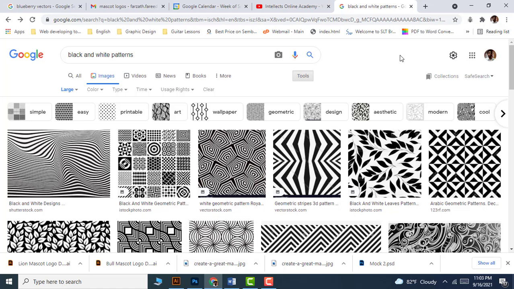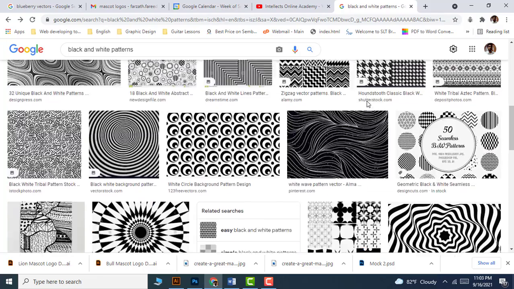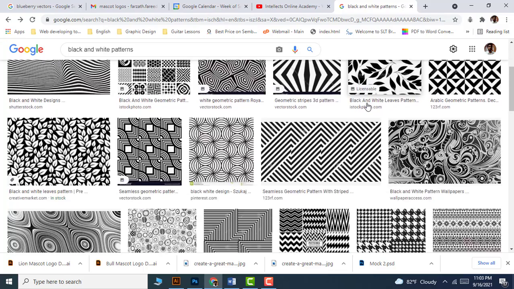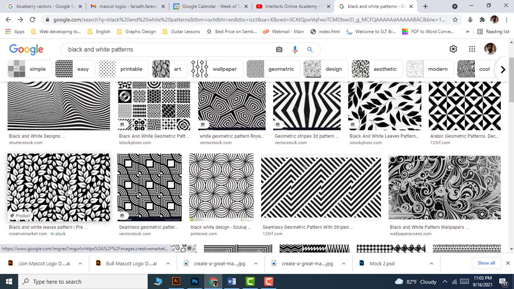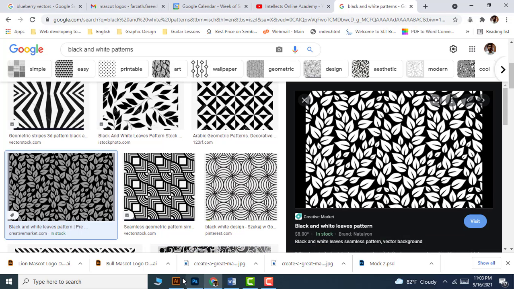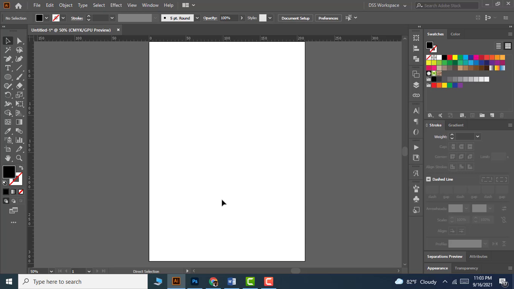Similarly, if I try to find some complex black and white patterns, I can use the tracing options to trace them quickly rather than drawing from scratch. So let's try with this leaf pattern. So copy it